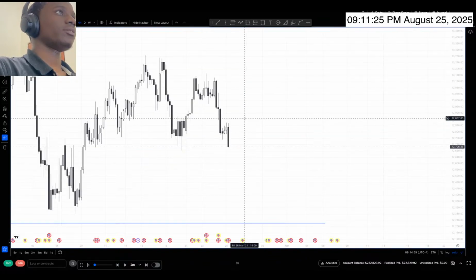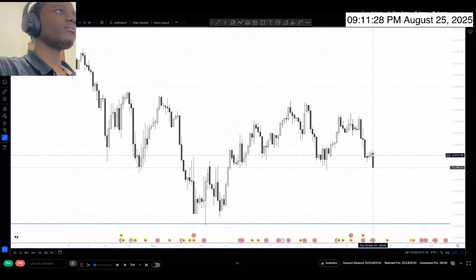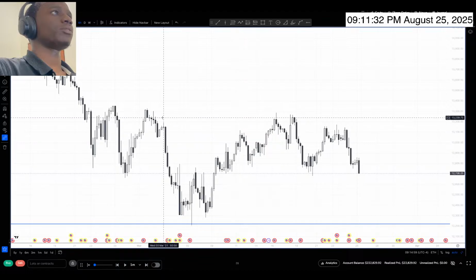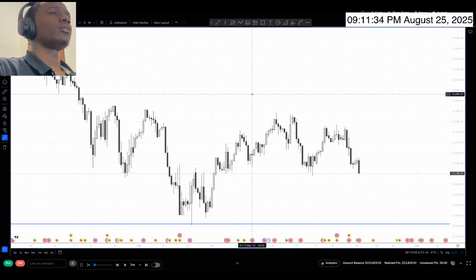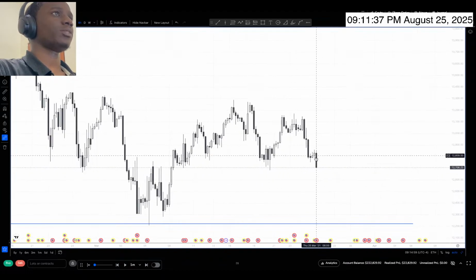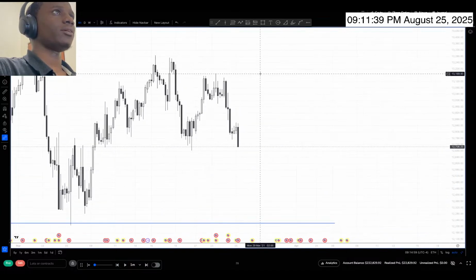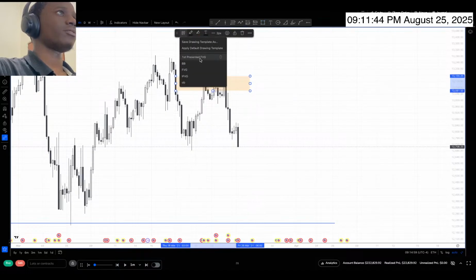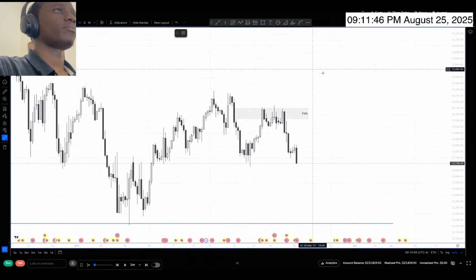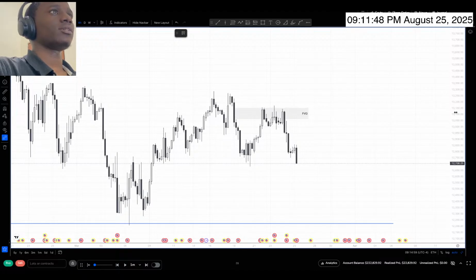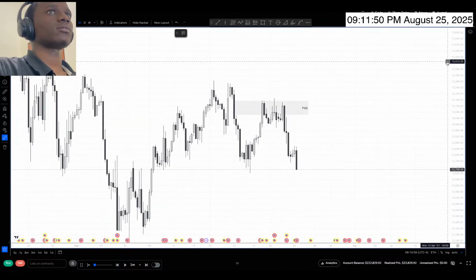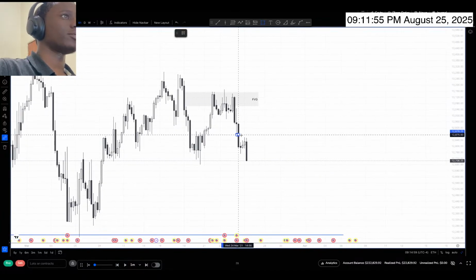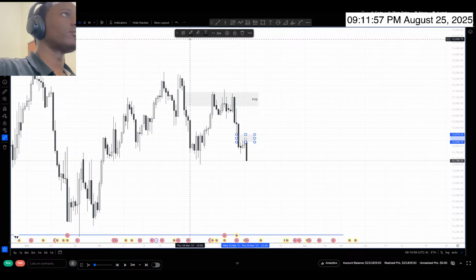Now on the 4 hour, we didn't take out some important highs like these ones and these ones to show us that we're bullish, so we're still remaining bearish. And now you can see that we've respected this 4 hour fair value gap. Nice. And also have this gap here from the 4 hour